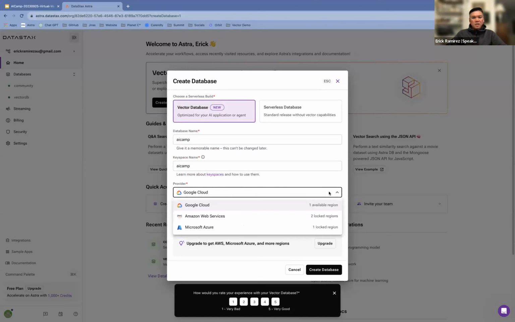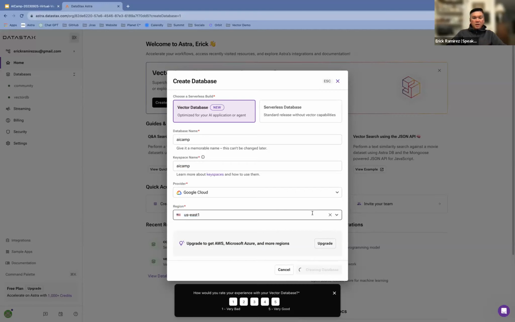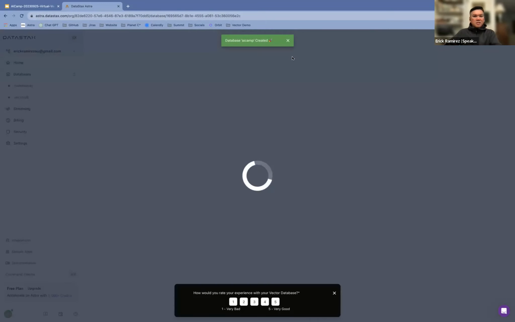But just to give you an idea, if you have a paid account, you've got a choice of deploying on Amazon, Azure, or Google Cloud. And there's quite a number of regions available when you've paid. So I'm just going to click on Create Database. And that's going to take about 90 seconds.